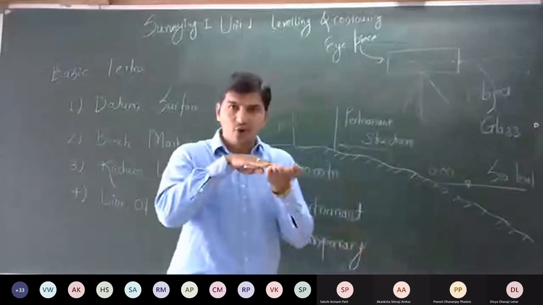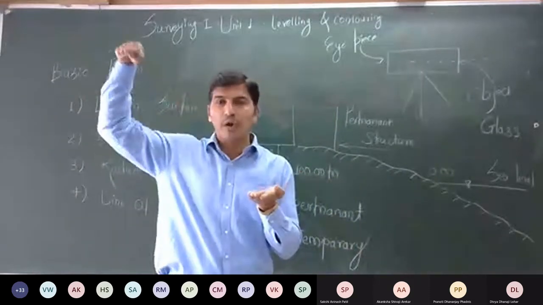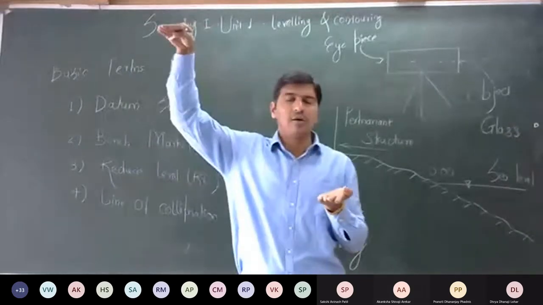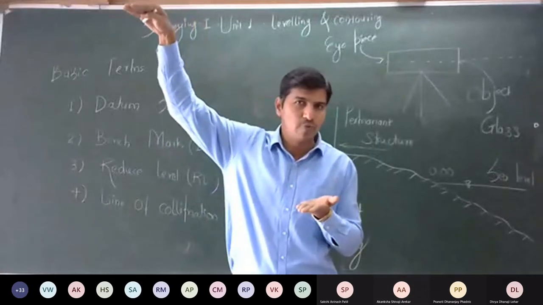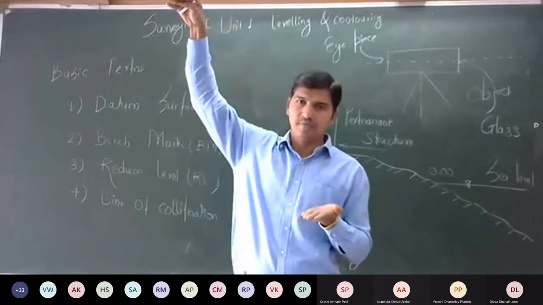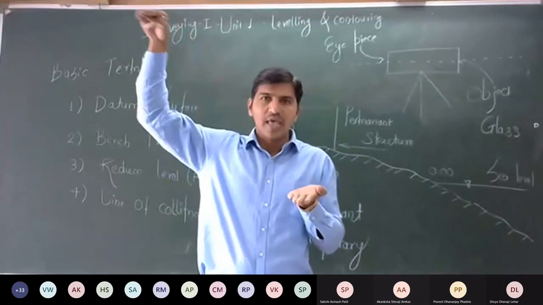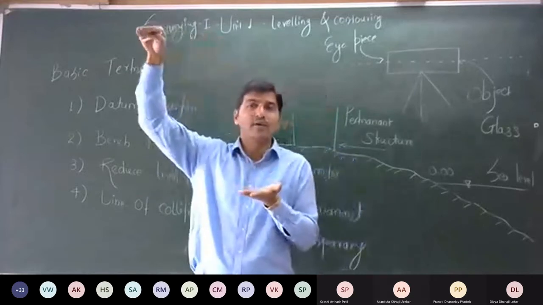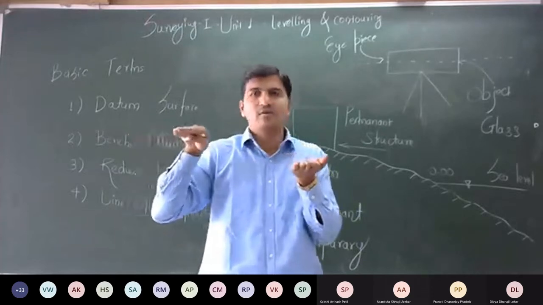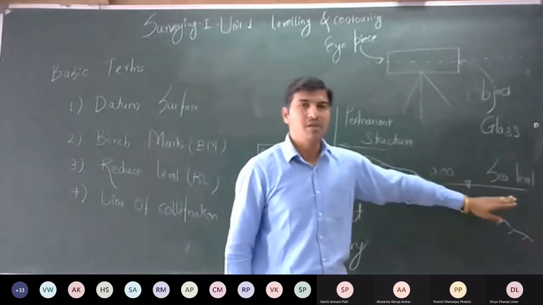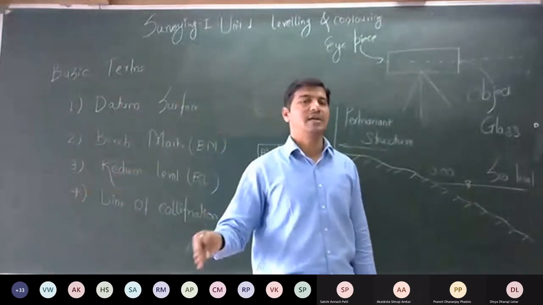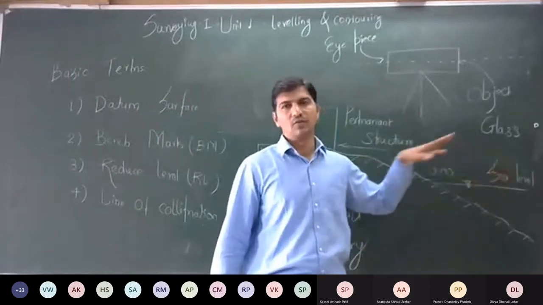What is the datum surface? From that datum surface, each and every point is located. The highest point in Maharashtra is Kalsubai, so the height of that point is measured from the datum surface. Suppose the Himalayan ranges: each and every highest point or altitude is found out with reference to that datum surface. To find out, we require some references, so mean sea level becomes the datum surface. In India, all the time we refer to this mean sea level.